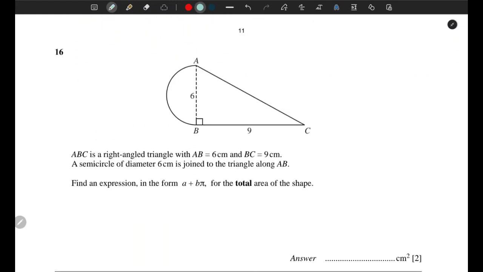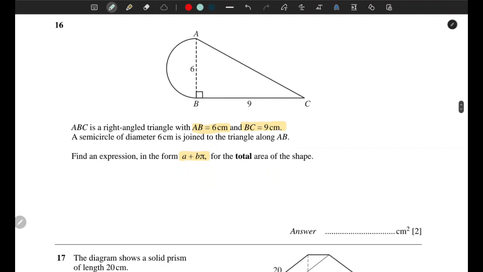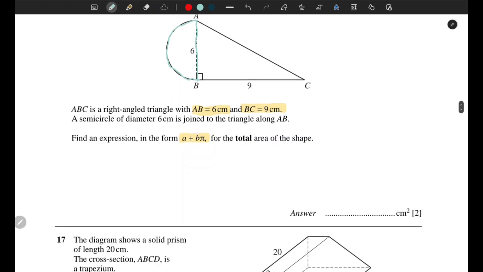Okay. Achha, so this is also a really similar question to the one we did before. ABC is a right angle triangle with AB being 6, BC being 9. A semicircle of diameter 6 is joined to the triangle along AB. Find an expression in terms of a plus b pi for the total area of the shape. So इसको हम फिर से divide करेंगे into 2 smaller parts. We can say that we have 2 parts, which is this, a semicircle, and another part which is a right angle triangle. Semicircle का area का formula होता है pi r square over 2 plus